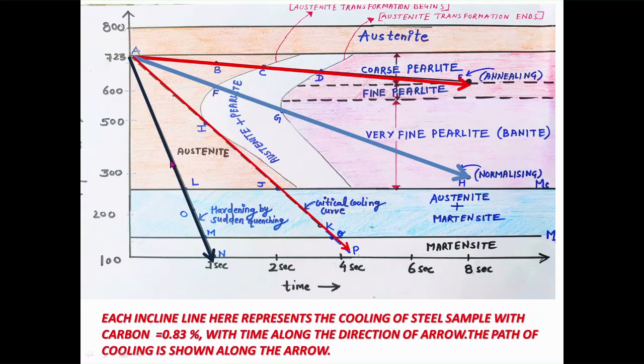Also, when we cool steel along AE, AH, AP and AN, then up to points C, F, I, J and L respectively, there is no change in the microstructure of the steel. The microstructure up to these points was austenite. So the time period corresponding to points C, F, I, J and L is called the incubation period, because at all these points the transformation of austenite to some other phase is going to start.